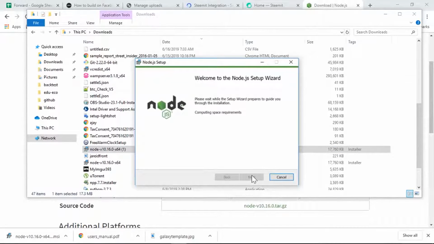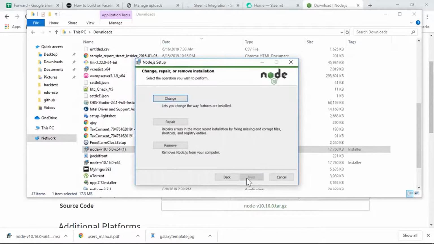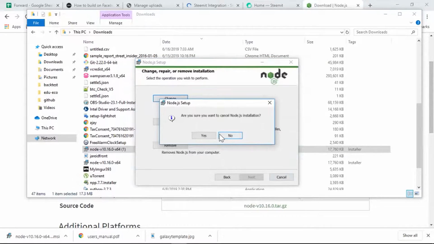But you would just go through all these screens. There's no spyware involved here, so you can just hit next, next, next, next. For Linux, it's a little bit different. For Mac, it's a little bit different. But on Windows, it's really, really simple. It actually adds it to the path and everything as well. So I can change, repair, or remove here, but you would just go forward with the installation, and that would